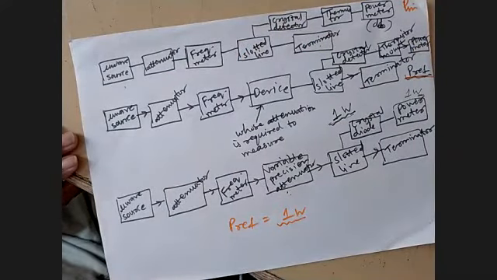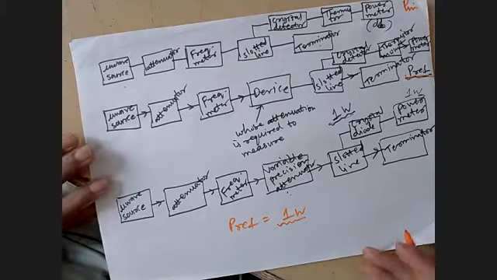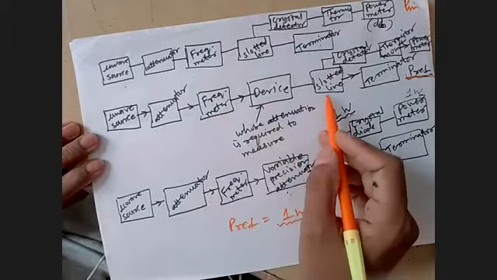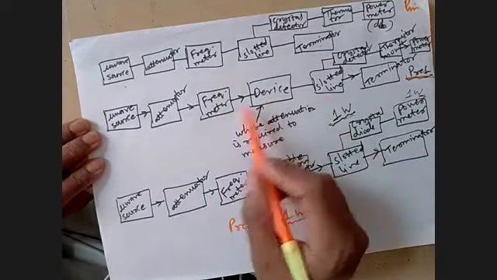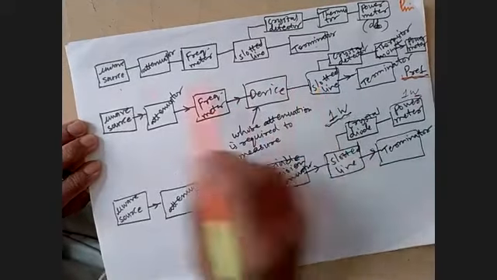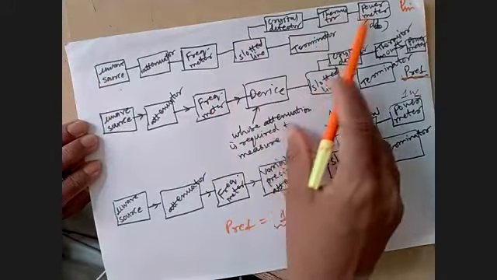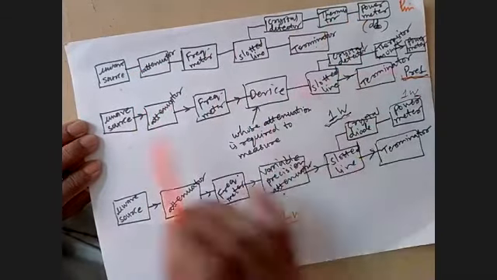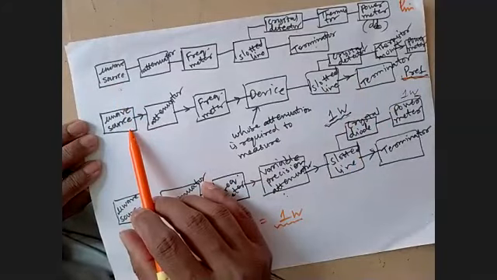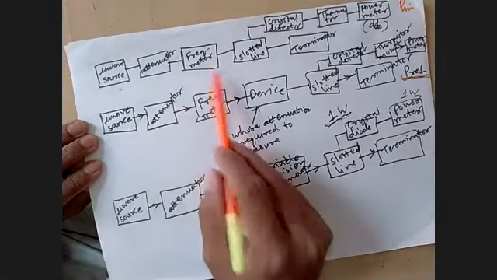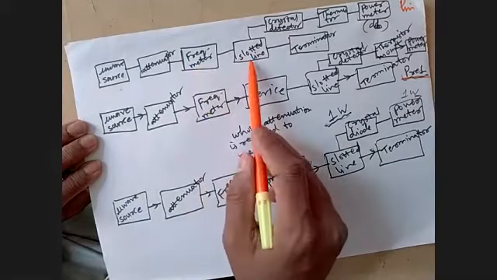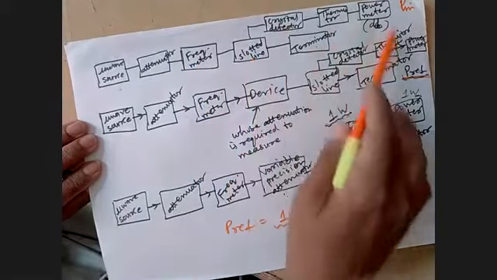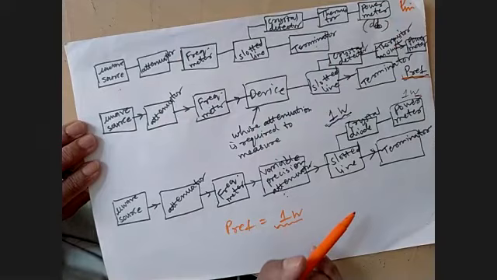Now make the next setup. Place the device whose attenuation needs to be calculated. This is going to be placed between the frequency meter and the slotted line. So the device is connected here between frequency meter and the slotted line, and the remaining devices of the bench remain the same, like the microwave source, attenuator, frequency meter. Only the device is connected between frequency meter and the slotted line, and all other components remain the same.